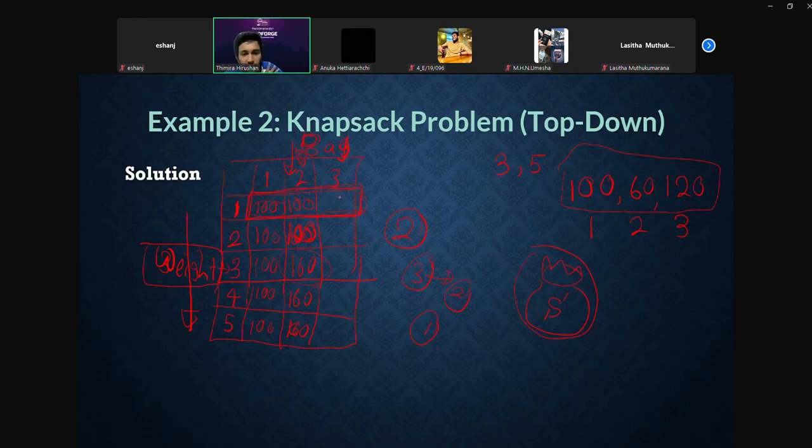Then you will check for this. You will have 100 because 3 has weight of 3. For this also you will have 100. For this you will have 160. Oh, yeah, you can have 160. And then for the weight of 4, there also you can only have 160. Why? Is that true? No, right? Because